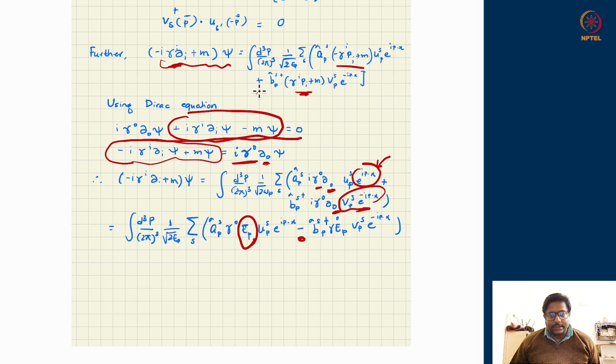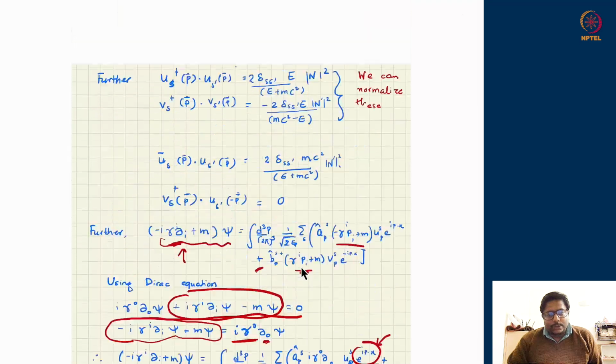Previously there was no sign, they were added with a plus. After the derivative action, or equivalently after the action of this whole operator, I will get a negative sign in between, and a gamma 0 which I am still to act. But wait, this is the structure, but I want to know the Hamiltonian.